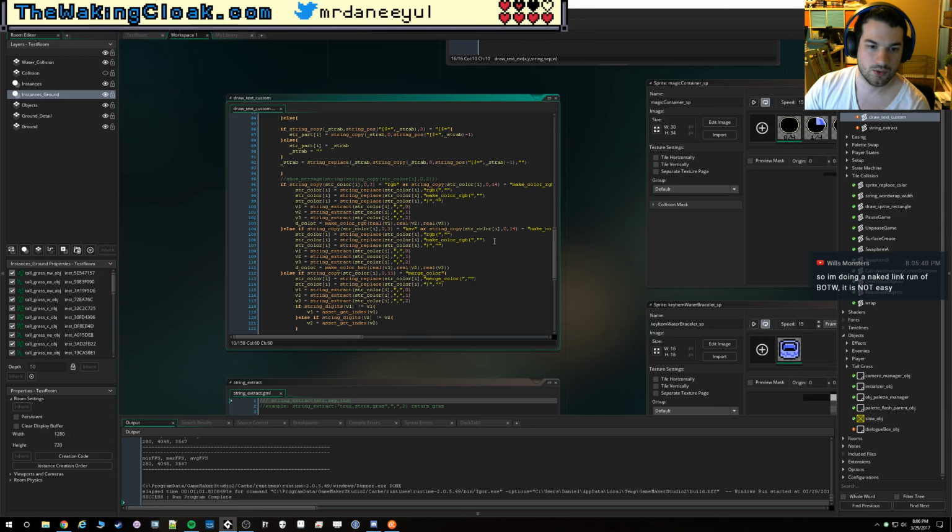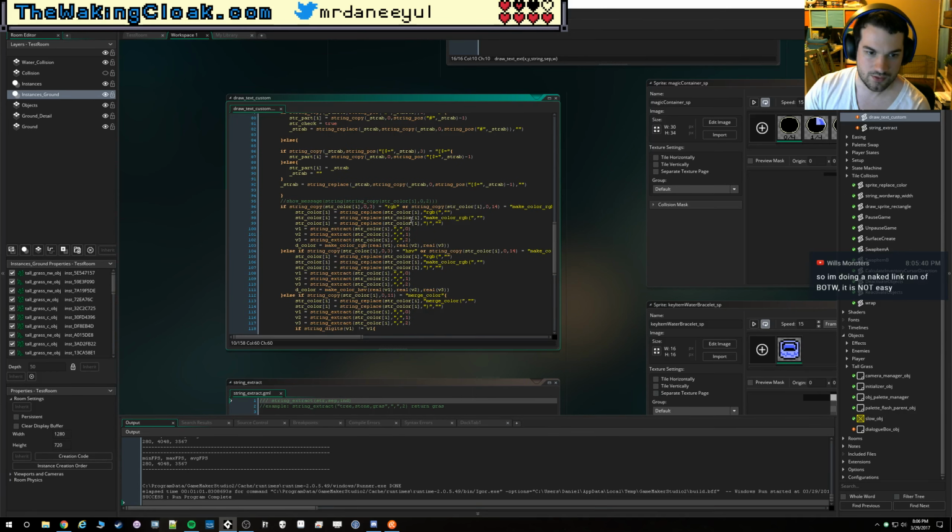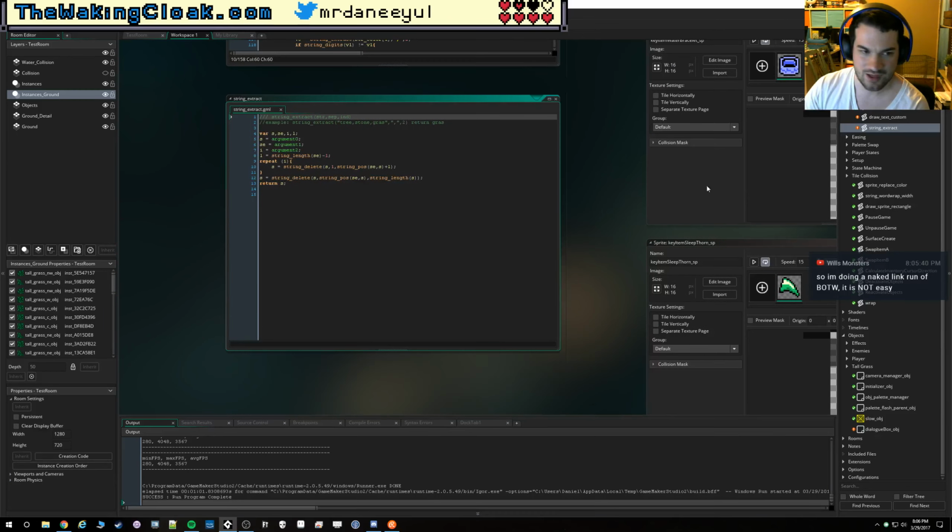Yeah. So draw text custom is this cool thing that I found, and there's also string extract, which I have not looked at yet, but I guess it tries to pull out